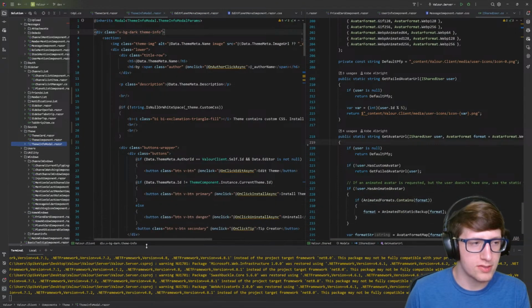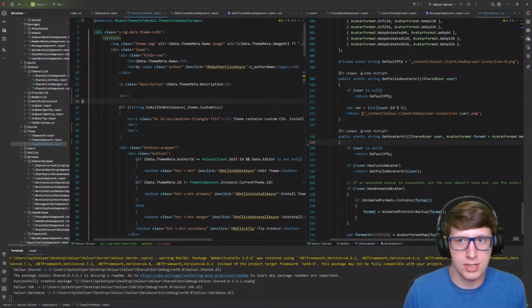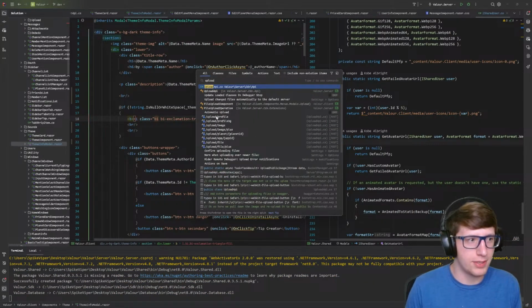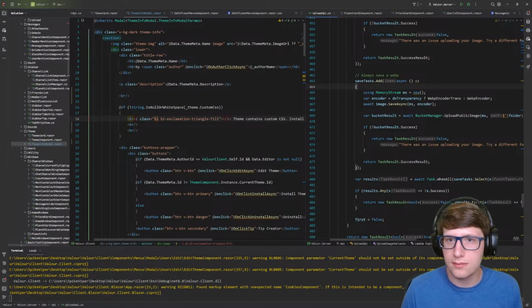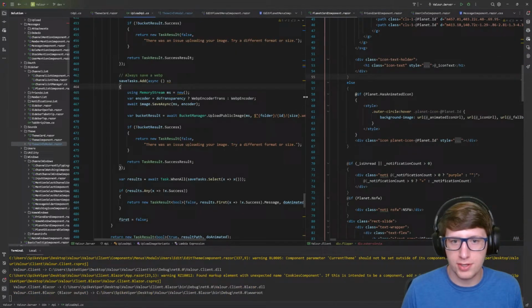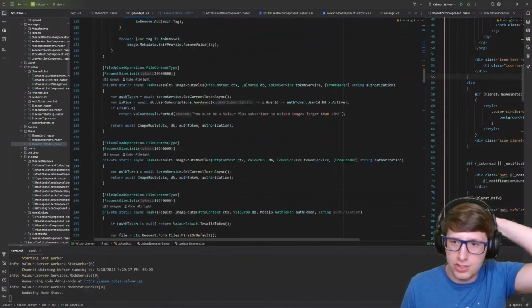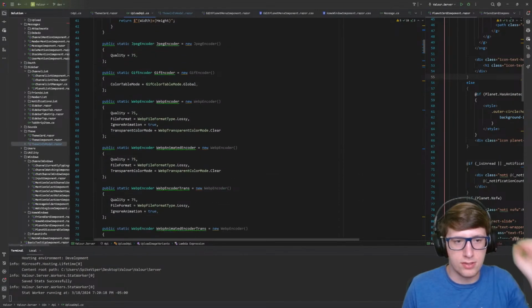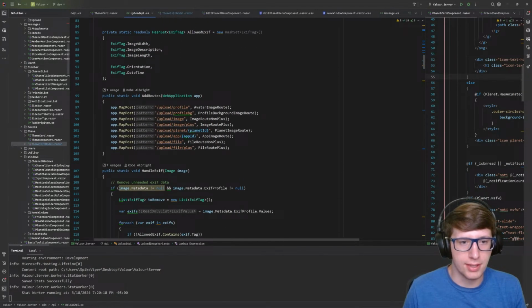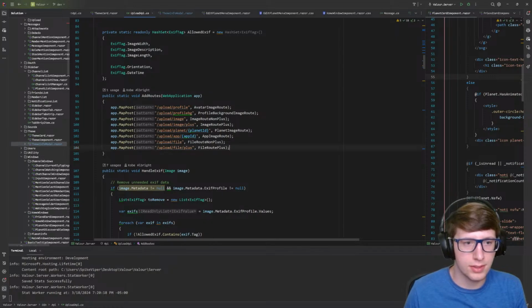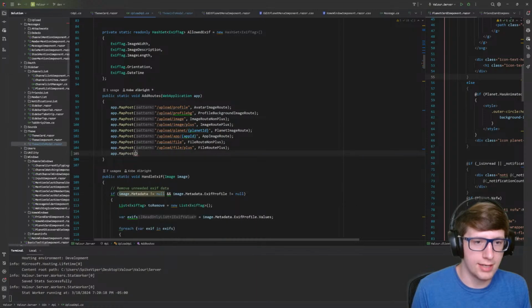What we're going to do is make it so that you can upload an image to be used, which means we're going to jump over to the upload API and write some code so that you can upload an image. I already have a bunch of image uploading code in here, which is nice and useful because we've already done a lot of the legwork. So we're going to do the same thing and add a new route at upload theme,